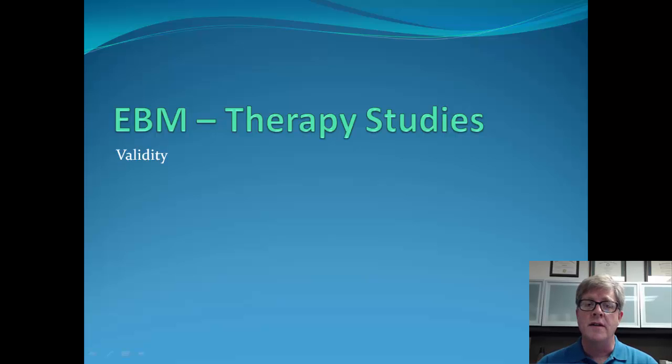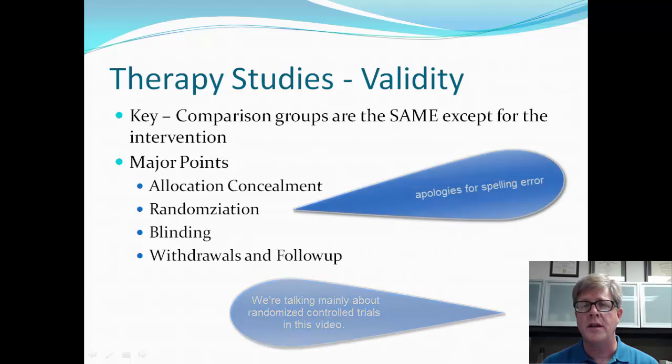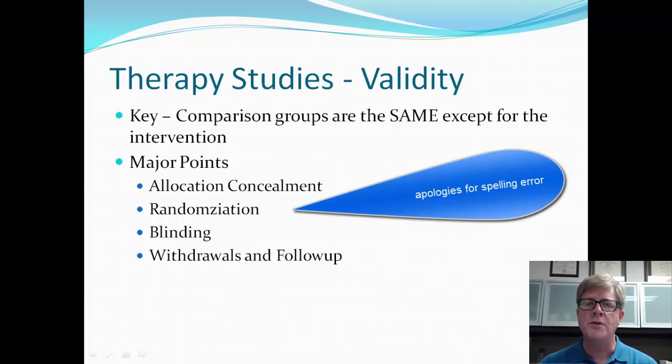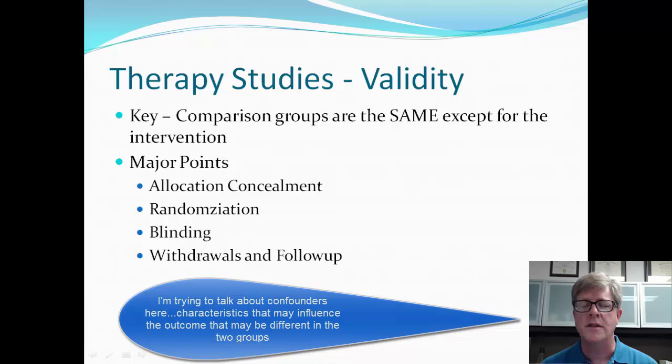So let's talk about the validity of these studies. What makes these studies really good? Therapy studies, the key to them, and the key to all the validity components, is to make sure that the two groups you're studying are as close to exactly the same as you can get them, except for the intervention that you're studying. Whether you're studying two groups or three groups, maybe an active intervention that you're studying, a control intervention, and maybe a placebo, all those groups need to be as similar as possible with respect to all the characteristics you can think of: gender, age, race, comorbidities, all these things that can impact a study's